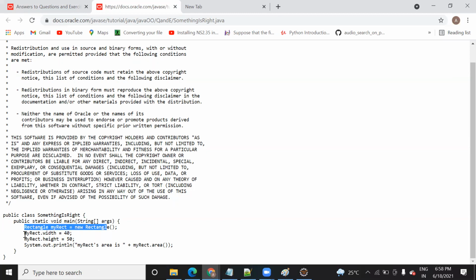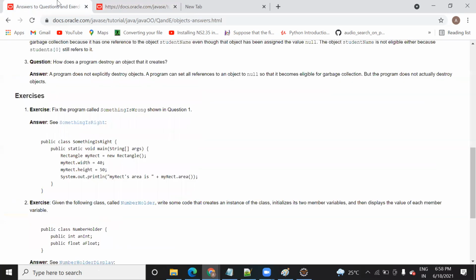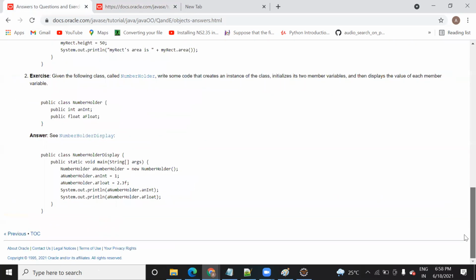So here we will create an object of the previous class, and this width and height are the variables of this Rectangle class, not this other class. That is the reason we created an object of the Rectangle class and we are calling it. This area is also a method of the Rectangle class, not this class. This class is just to declare a main method, so you don't need an implement or extend keyword here. Yeah, okay, understood.